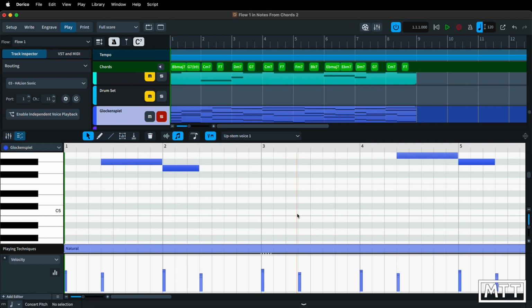So the key editor has seen significant revamps over the course of the different versions of Dorico 4, and in 4.3, I think it's now getting to the point where it's much more usable than it was, for a couple of small reasons for me, but they're the kind of things where when they get in your way, they really get in your way. So the main thing that's changed that's made life easier for me is that it now